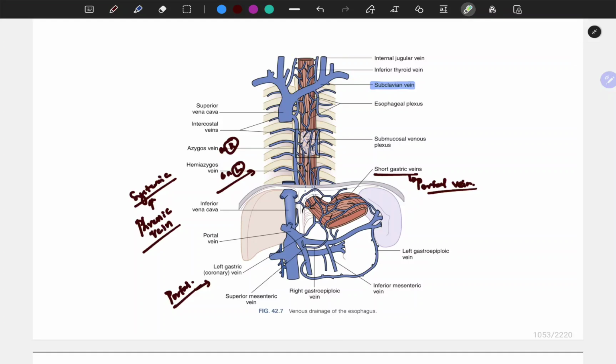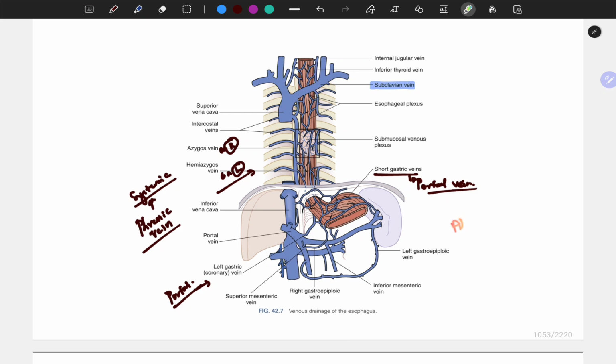With respect to the venous drainage, the submucosal venous plexus drains again at three levels. The cervical esophagus is drained by the inferior thyroid vein into the internal jugular vein and subclavian vein, whereas in the thoracic esophagus, the intercostal veins, the azygos vein on the right side and the hemiazygos vein on the left side drain. That is the venous drainage for the thoracic esophagus, and for the abdominal esophagus,